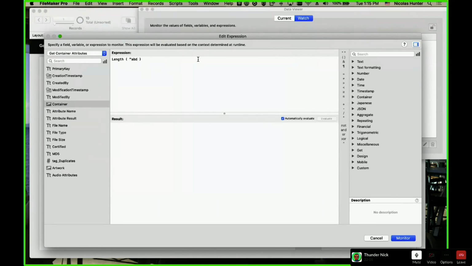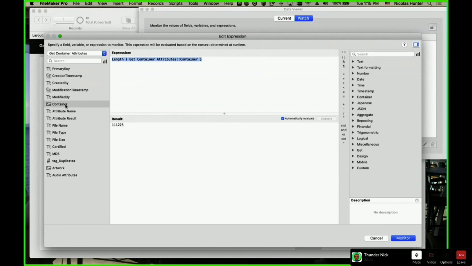A, B, C, D, that's text, 4, 5, 6, the length of the text, that makes sense. But the length of a container, what the heck, what does that mean?